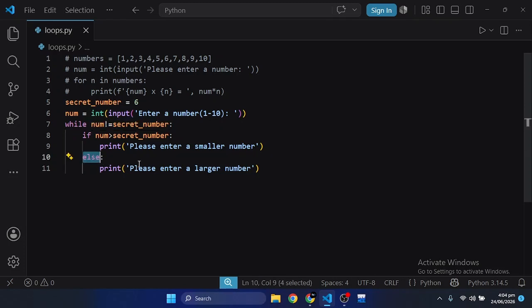So this else statement will only check whether the secret number is greater than or less than. So this statement will only check whether our guess number is less than the secret number. Okay,